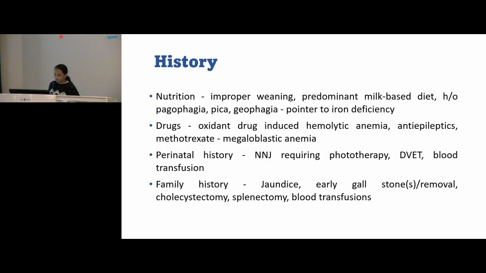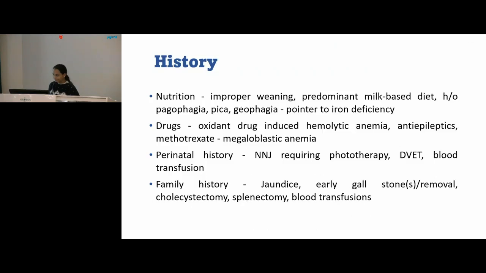And then coming to the perinatal history, if a child had a history of neonatal jaundice requiring phototherapy or blood transfusions, again, that is a pointer towards maybe an underlying hemolytic anemia. Similarly, a family history of jaundice or gallstones or cholecystectomy or splenectomy, again, is a pointer towards a probable hemolytic